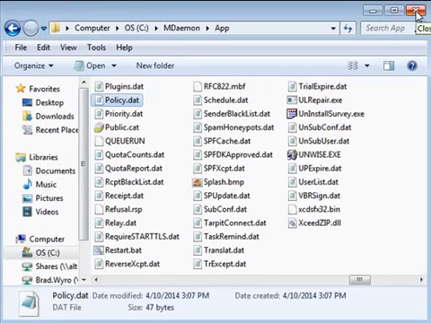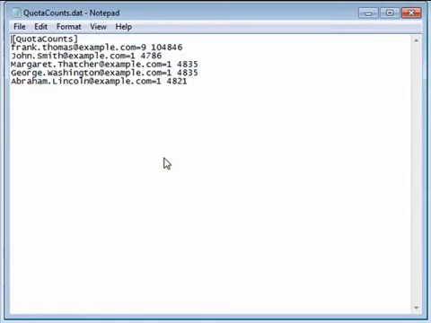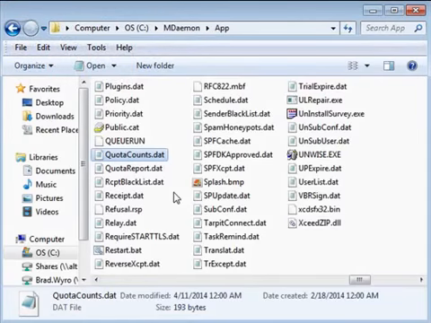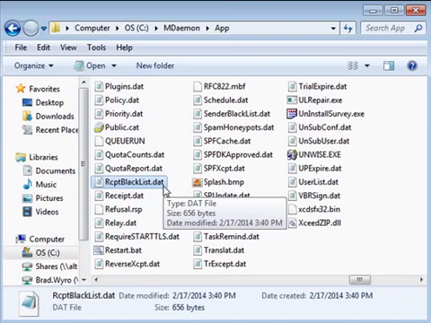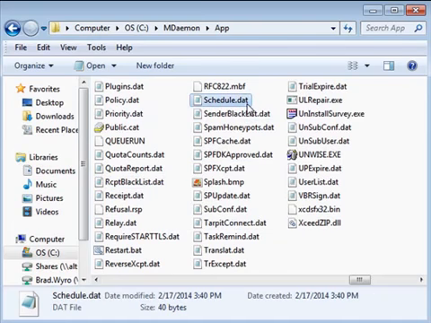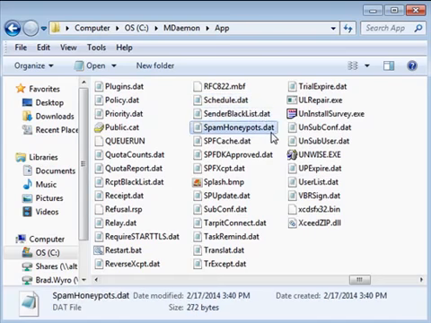When mail quotas are configured, the quotacounts.dat file is updated to keep track of quota statistics for affected accounts. If you have added addresses to the recipient blacklist, that information is stored in the rcpt blacklist.dat file. Data that is entered on the event scheduling configuration screen is stored in the schedule.dat file. You also have configuration files for any sender blacklists that are configured and any spam honeypots that are added under